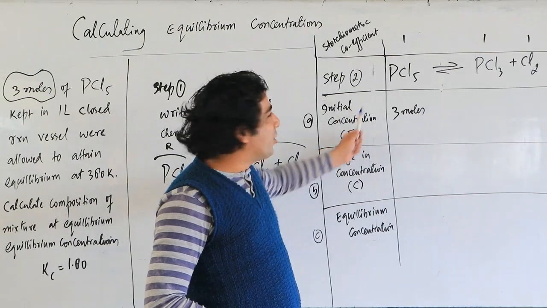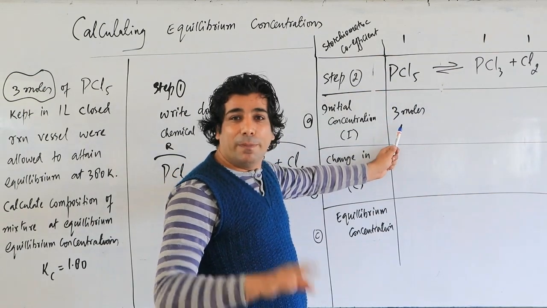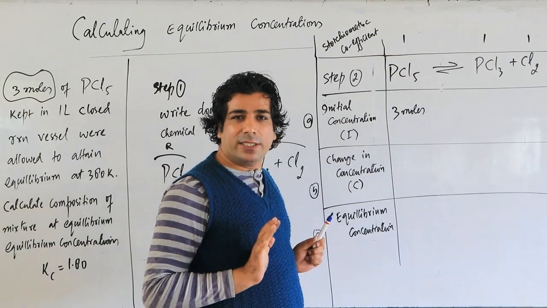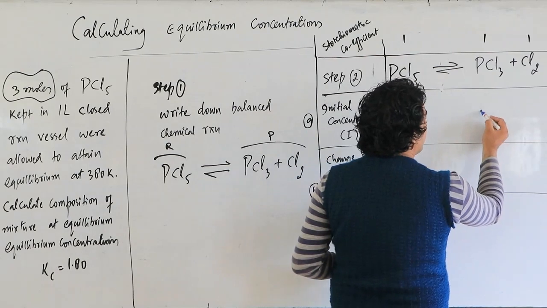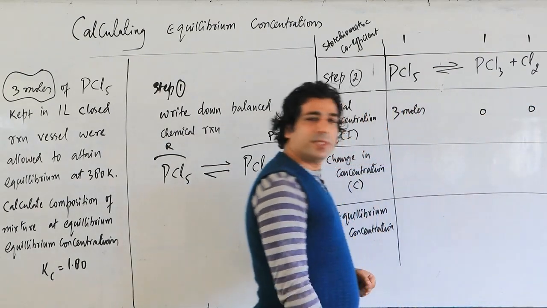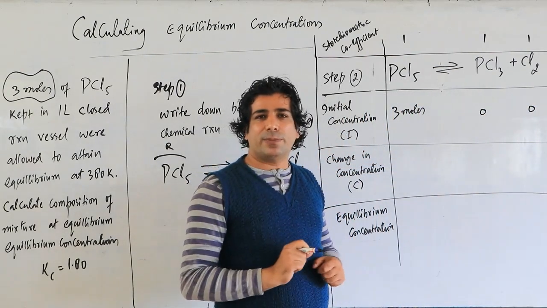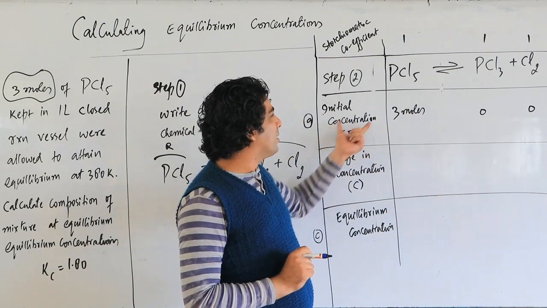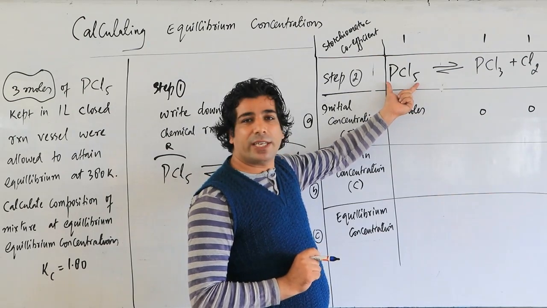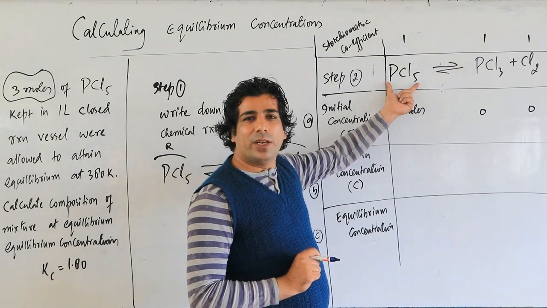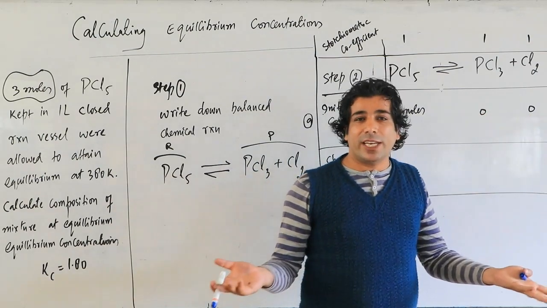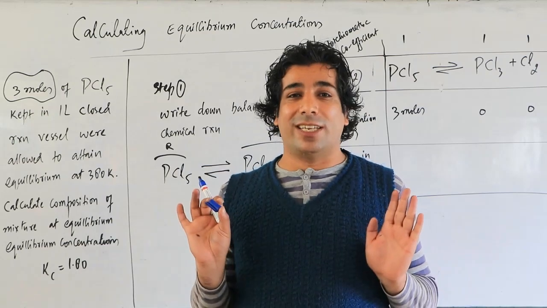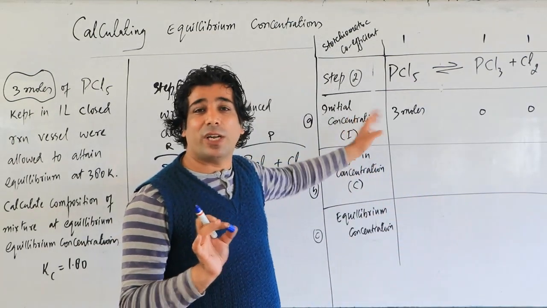The initial concentration of reactant is 3 moles. In the beginning, the reactant has not changed into the product. So you have 3 moles of the reactants, and how many moles of products will you have? 0 and 0, my dear friends. Let us suppose your teacher has provided you with 3 moles of PCl5, and that becomes the initial concentration of your PCl5, which is your reactant. At that time, the product will be 0, because the reaction has not started. Once again, only reactants you have: 3 moles of reactants, products are 0.